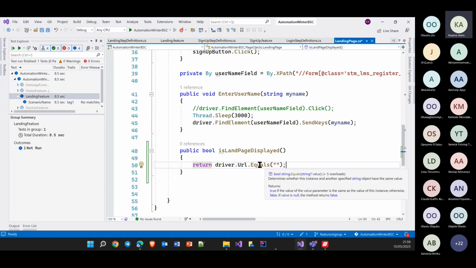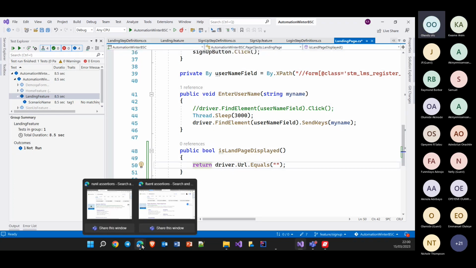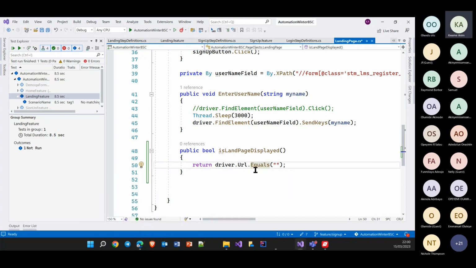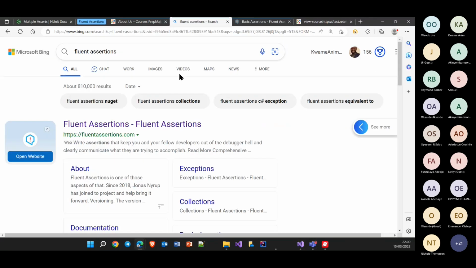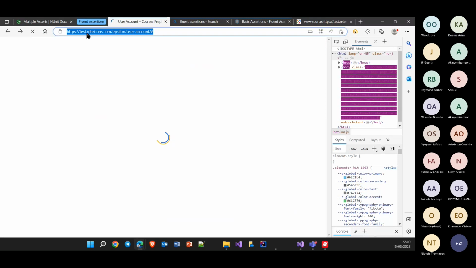Because I've used the equal sign, I'm going to use the exact URL. If it doesn't match the URL, it will return false. One second. Let's go to the website. Sometimes too, you can put a double equal sign in there as well. We'll do that one. This is the URL. This is a wrong URL. We want it to return